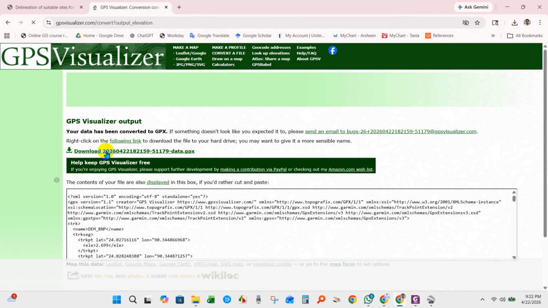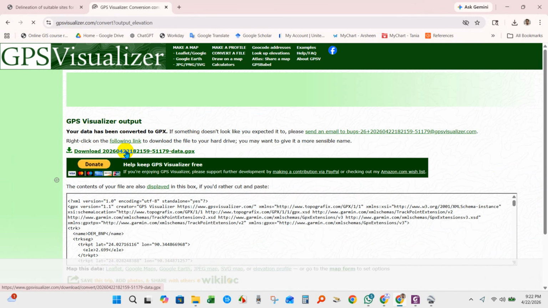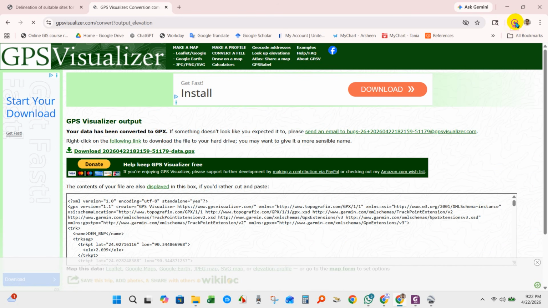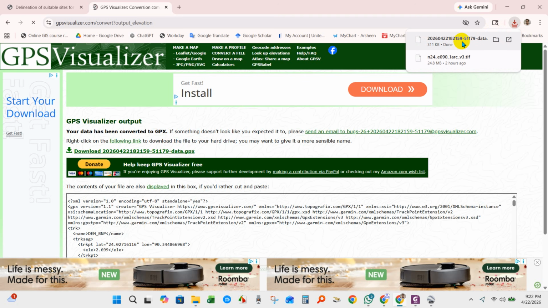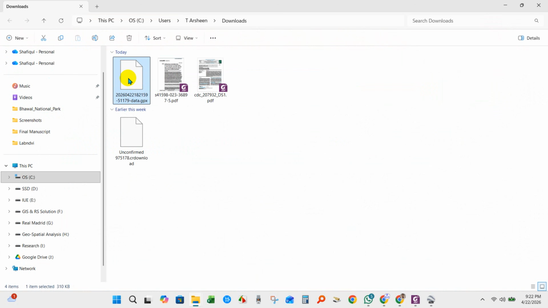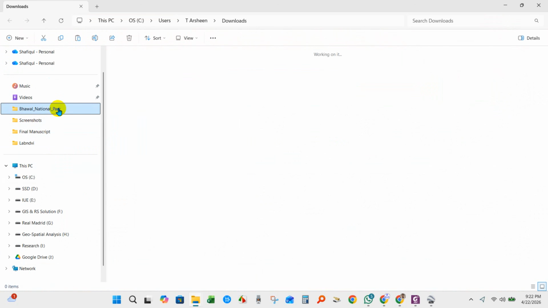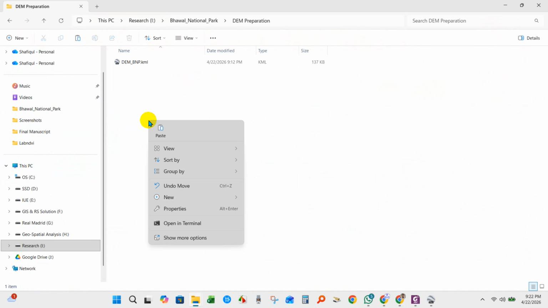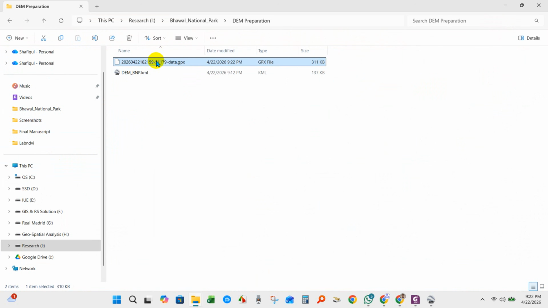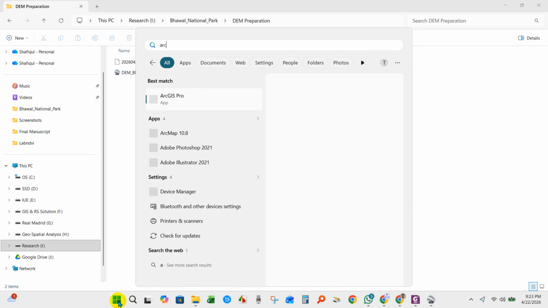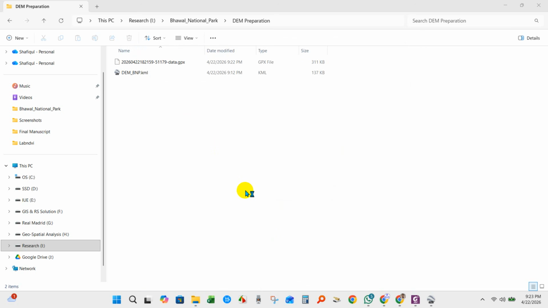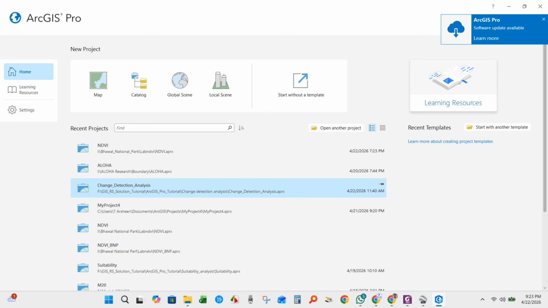and you will see GPS Visualizer output has been completed. Then download the file .gpx and go to your downloaded folder and then copy and paste your project folder. The .gpx file. Now I'm opening the ArcGIS Pro software